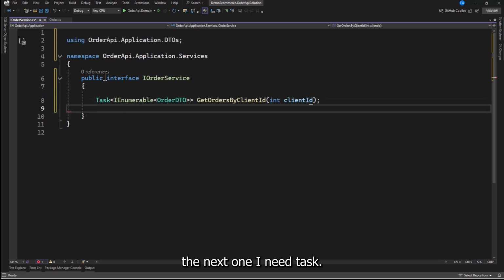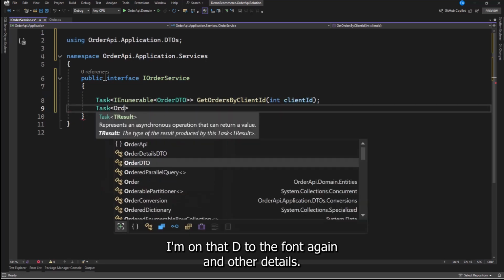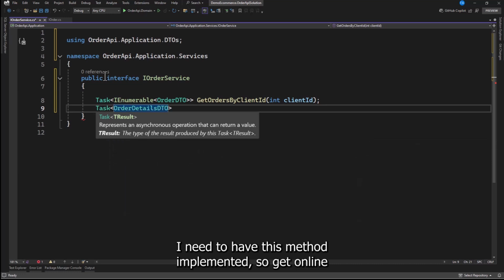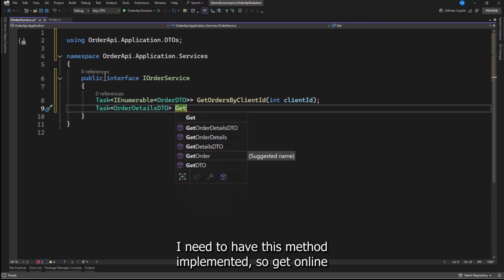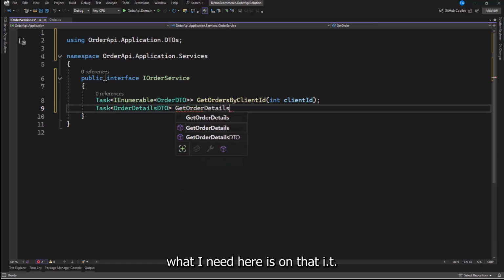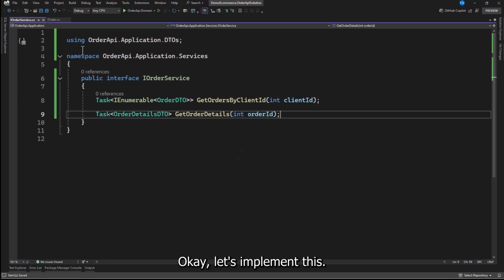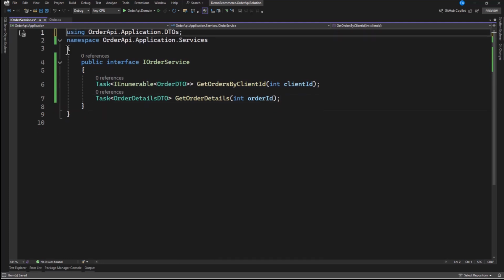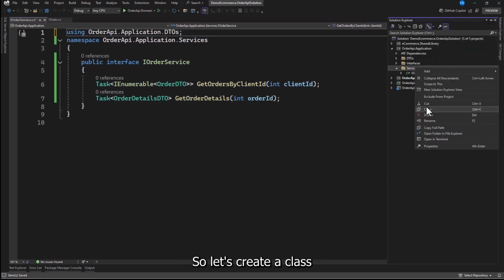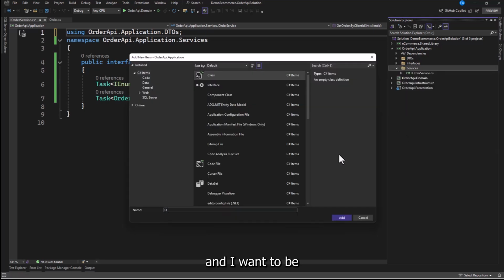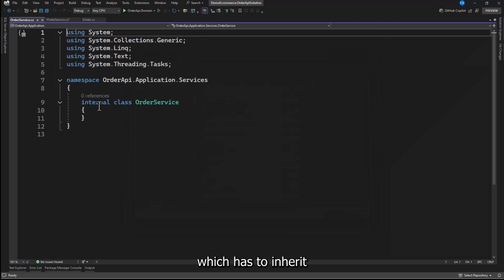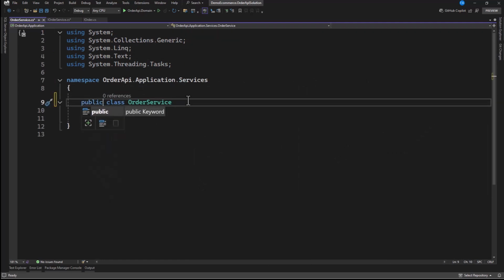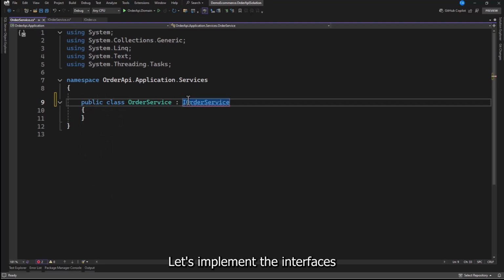The next one, I need a Task, and here it is an OrderDetailsDTO. So if I want to get order details, I need to have this method implemented. So GetOrderDetails, and here what I need is an order ID. Okay. Let's implement this. So let's create a class, and that's going to be OrderService, which has to inherit from IOrderService. Let's implement the interfaces,